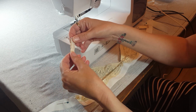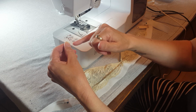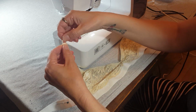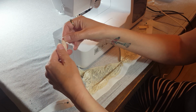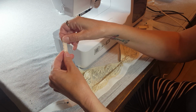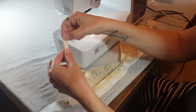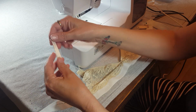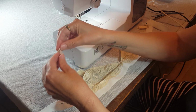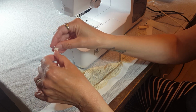This is a beige colour and it has a nice little scallop along the edge. I've got 2 rings, one for each side. This is a 10mm ring and this is a 10mm piece of elastic. Just follow the instructions on your pattern on how to cut this. I've cut this elastic at approximately 8 centimetres, folded in half, and then I've just threaded the ring through